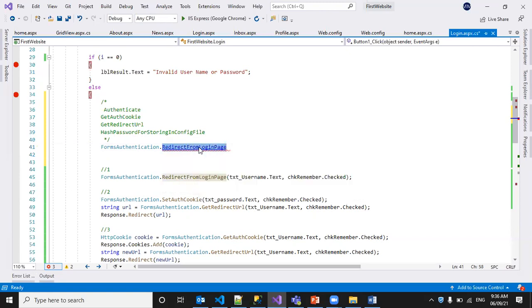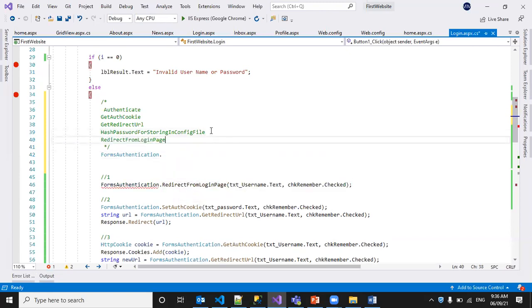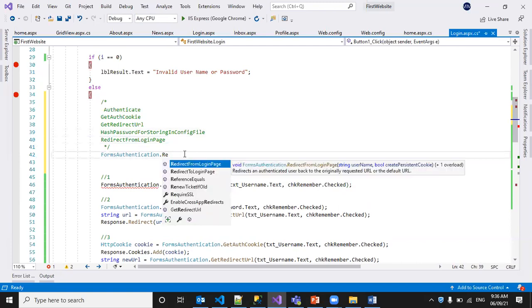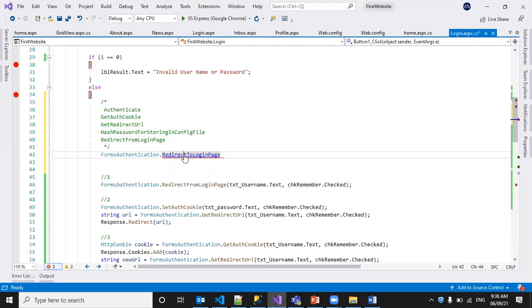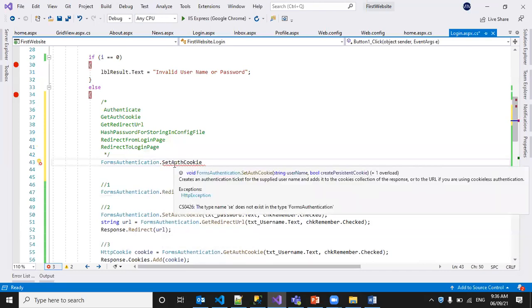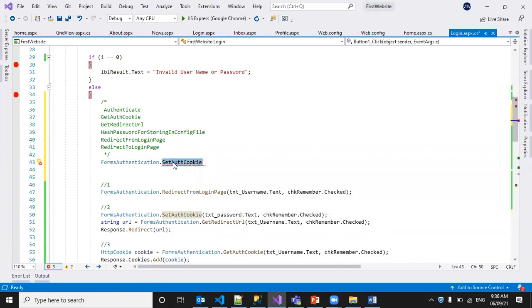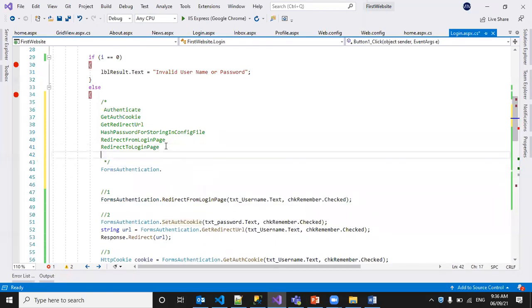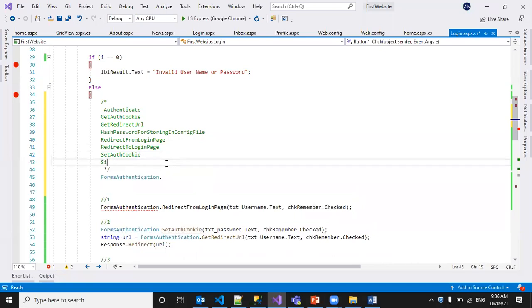Next, we have one more method, set auth cookie. We covered this. It creates an authentication ticket for the supplied username and adds it to the collection of the response. We have covered sign out also.